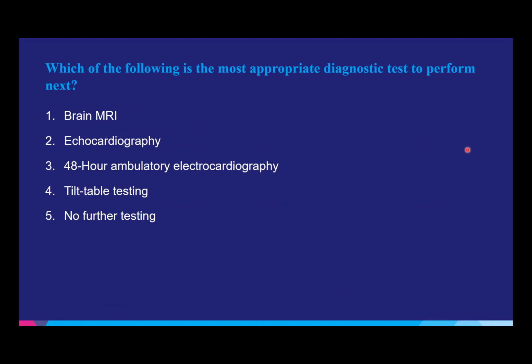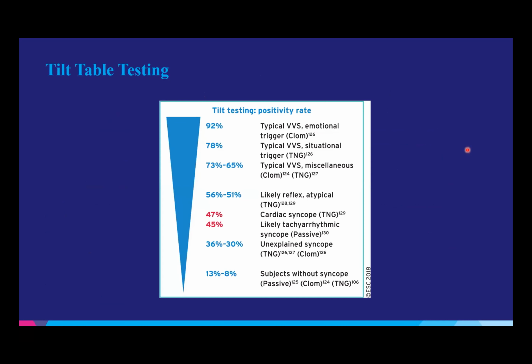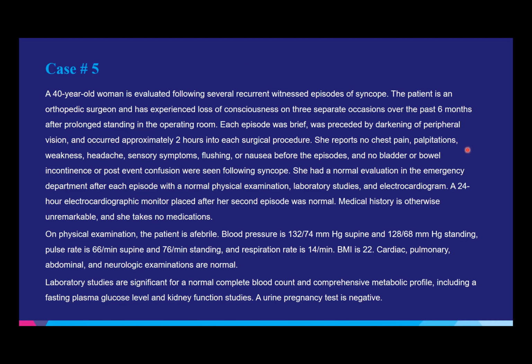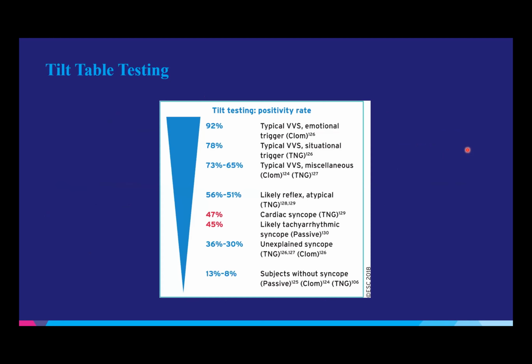Okay, yeah, excellent. So you guys hit the nail on the head. I don't think either answer is incorrect. You could do 4 or you could do 5. And the problem, again, the boards test this, which is why I threw it in. The answer goes back to what's the best option for her. And she's a surgeon, and she was going to continue to operate for several more years. She needs a definitive diagnosis, right? And that's really the reason behind tilt table testing.